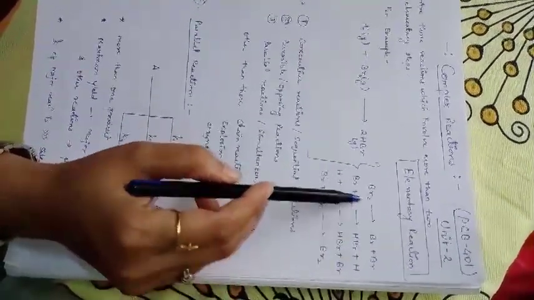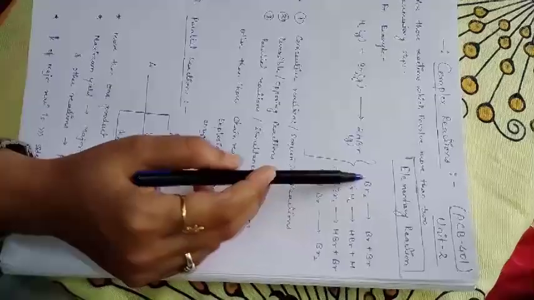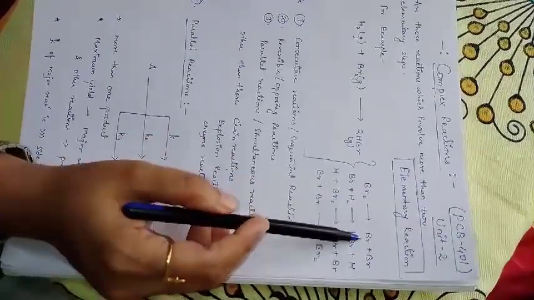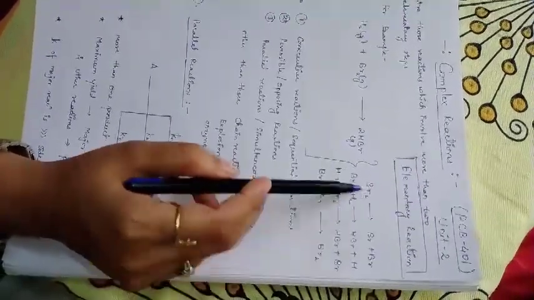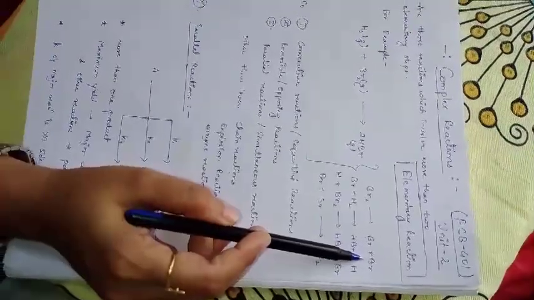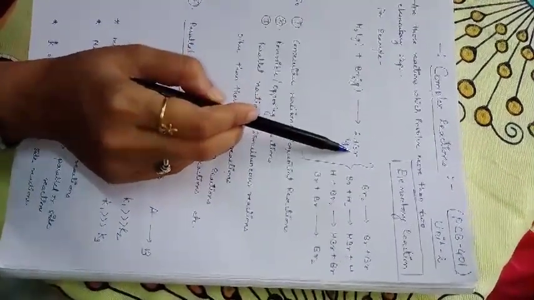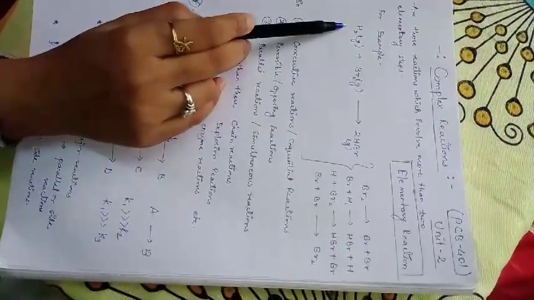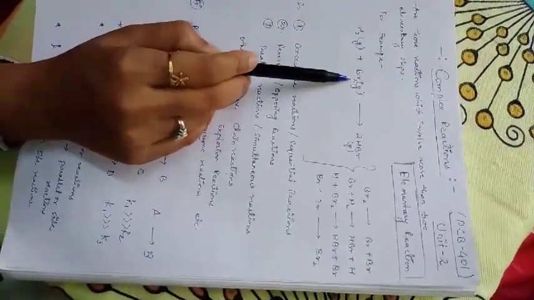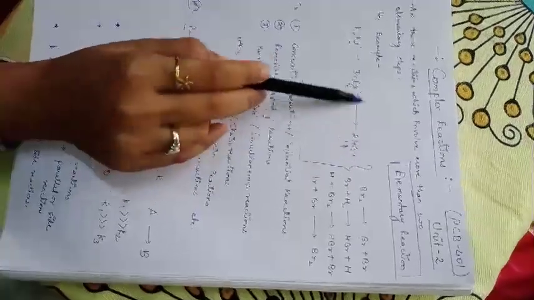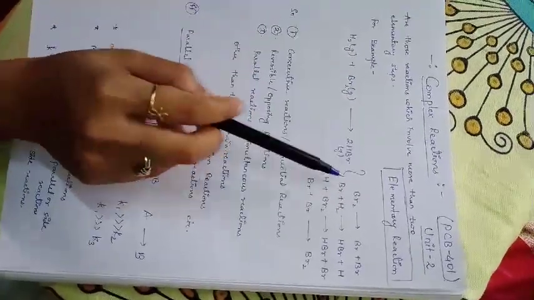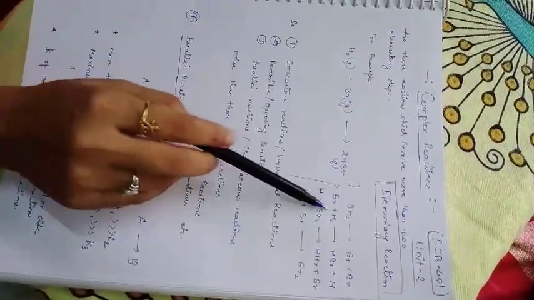The first reaction, the decomposition of a bromine molecule into two bromine atoms or two bromine radicals, is the elementary reaction. And the example of a complex reaction is the formation of hydrogen bromide, when one molecule of hydrogen combines with one molecule of bromine. But how does it come to be a complex reaction? Because it is formed of four different elementary steps.